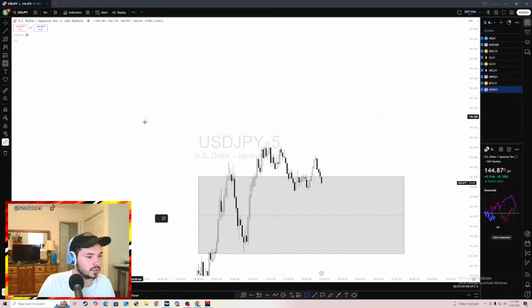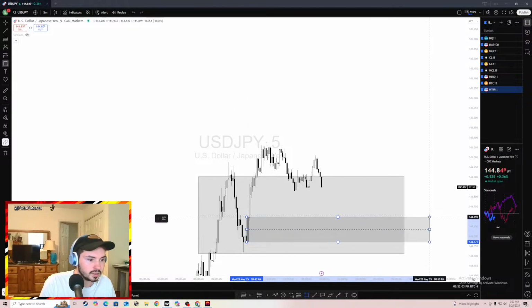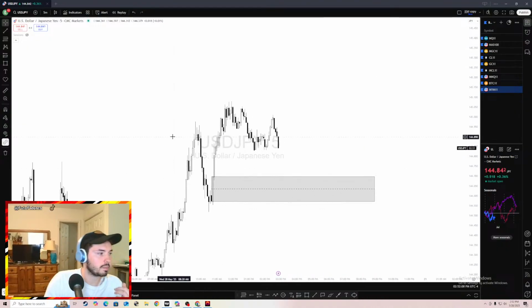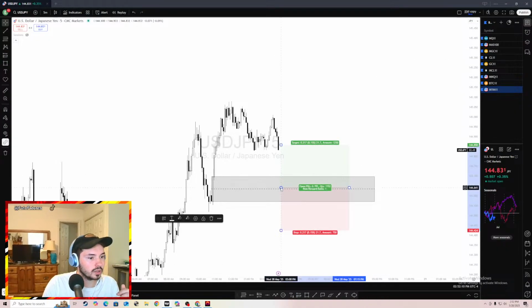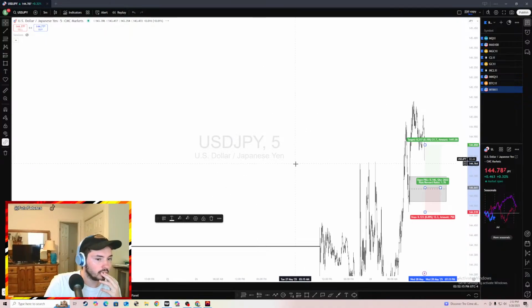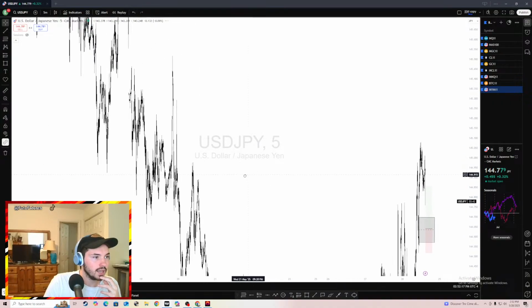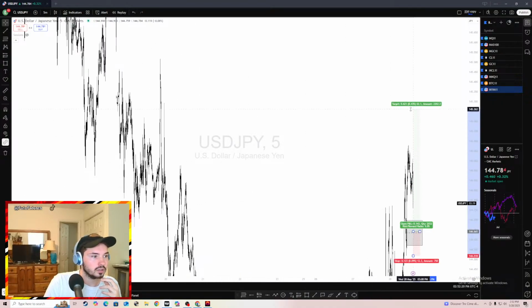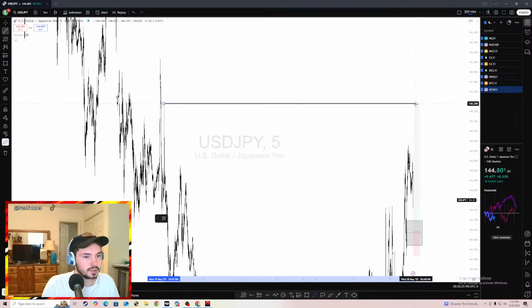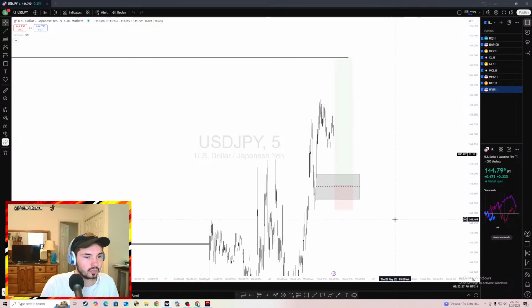So there's 3 zones here. The only zone I would want to really focus on is probably where this strong candle came out of. This zone right here. So this would be my target area. I would take a long here. I would frame a long here. I would put a stop loss down here. And I could frame this long a lot lower because we've shown strength in this trend. And I could even frame it long to come up to grab this next liquidity point up here. And this might be a trade I would take if it showed me the right confirmation.